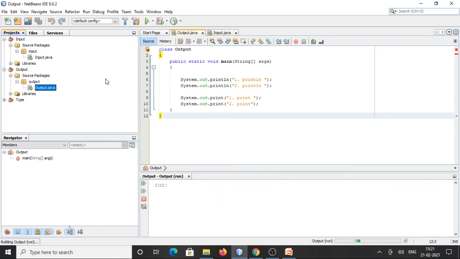It will display 1 println and 2 println, but these two lines will be displayed on the same line because ln means skip to the next line, and here I am using only print, so it displays on the same line. But where I use println, it will skip to the next line. So this is the difference between println and print.